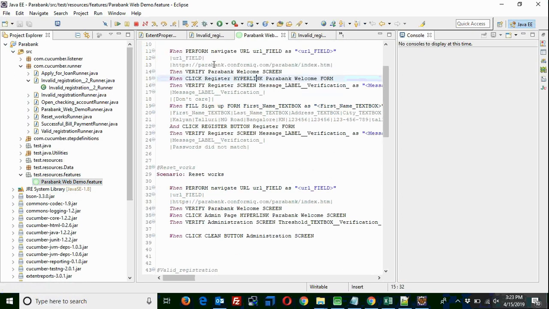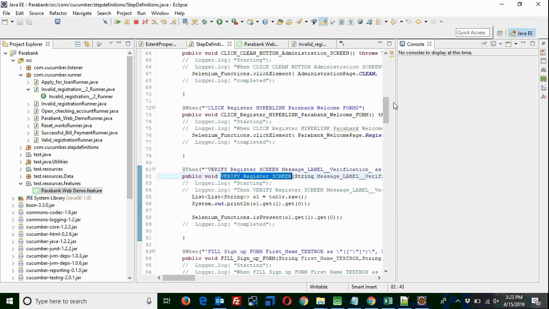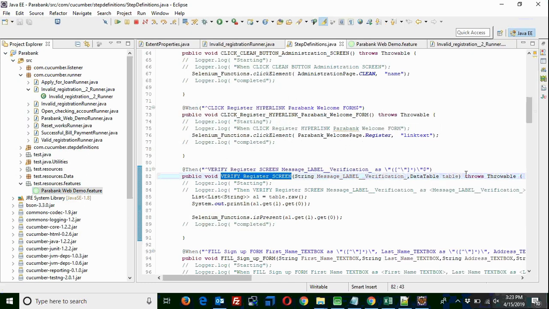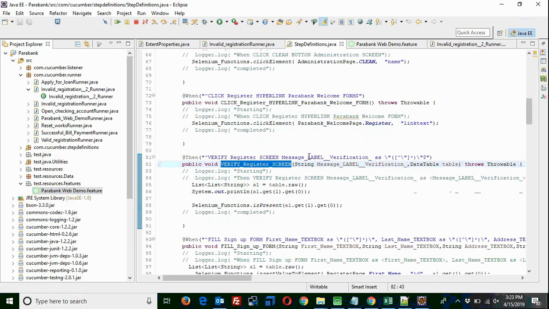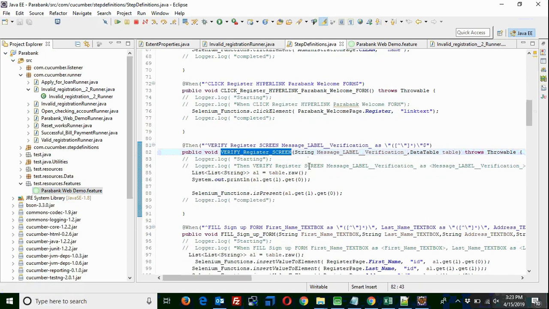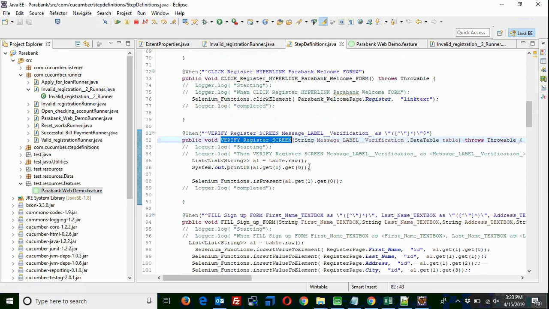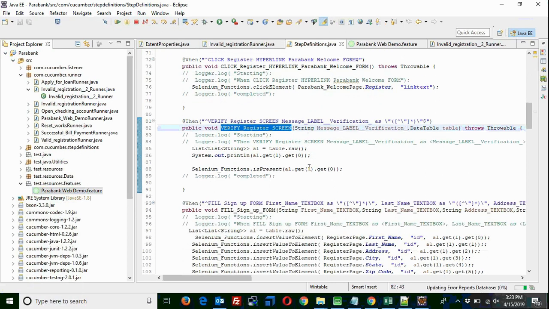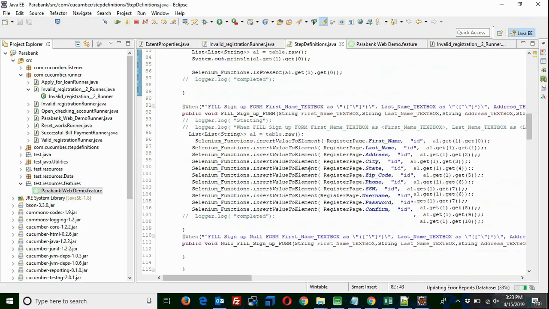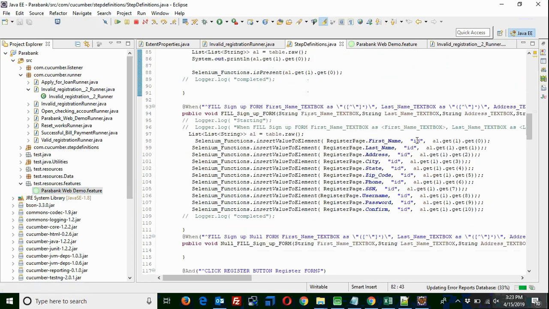So this is the feature file here, and from this feature file you can go to the step definition of this particular step. You can see the step definitions here, where we have implemented those things. This is a sample project that we already implemented with the actual object details, and here you will be able to see what locator ID I'm using, and the object names and everything.